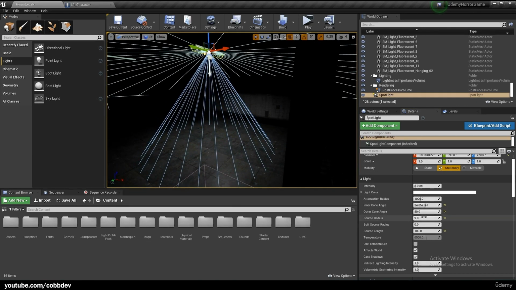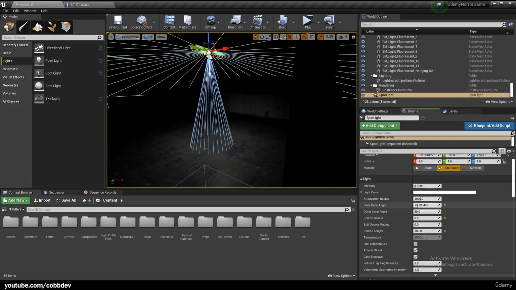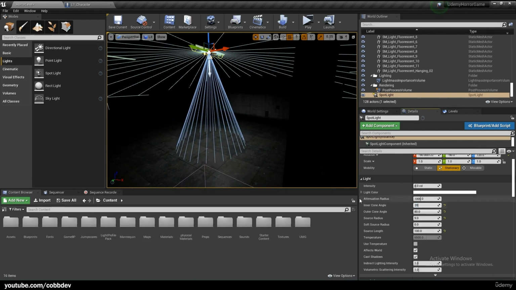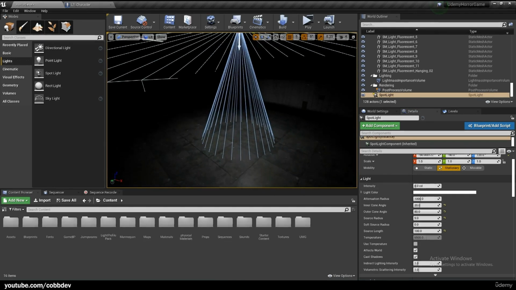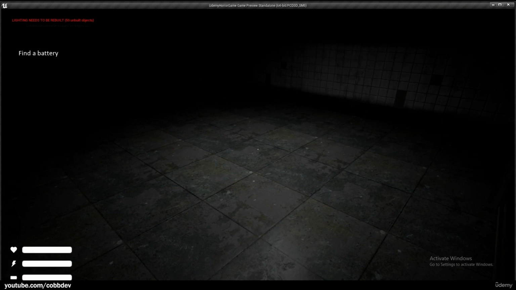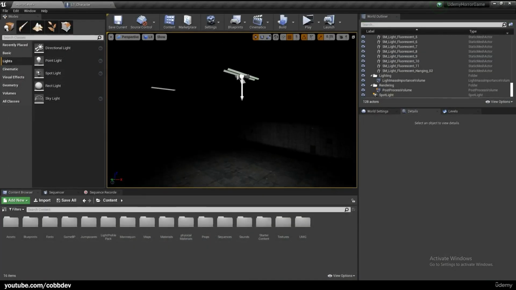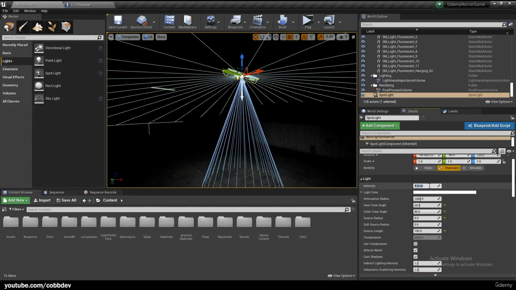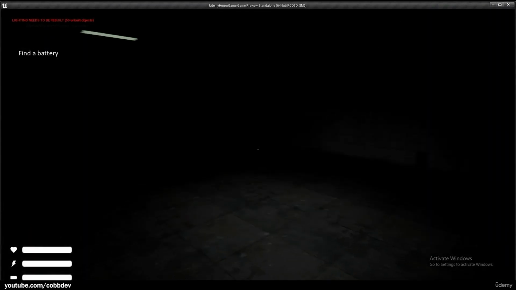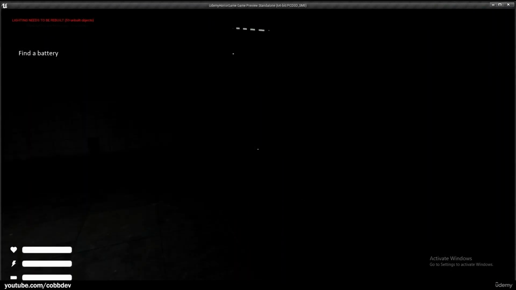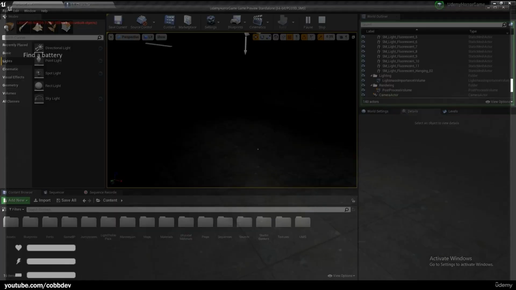But we can make it something relatively small, like 10 or 20. I'll just go ahead and go with 20. And even though it is a little dark at the moment, I'm actually going to turn the intensity down to about 4. Just because when we get all of the lights in, I think it'll be a bit more lit